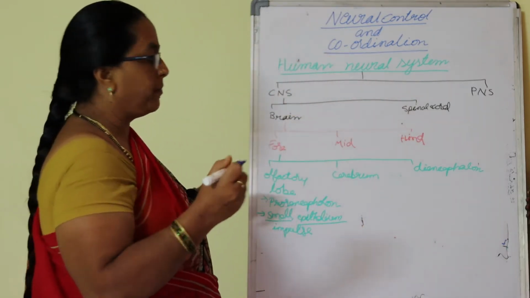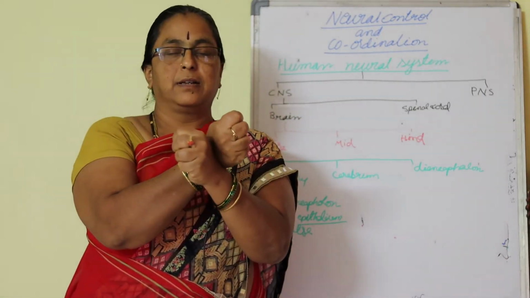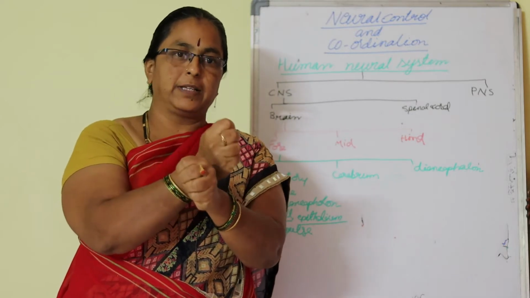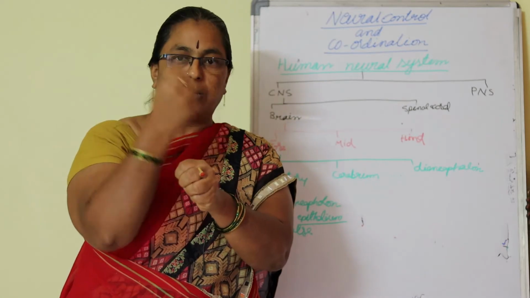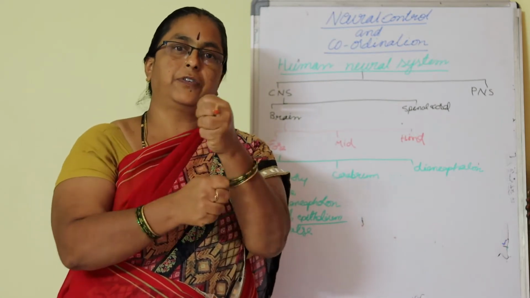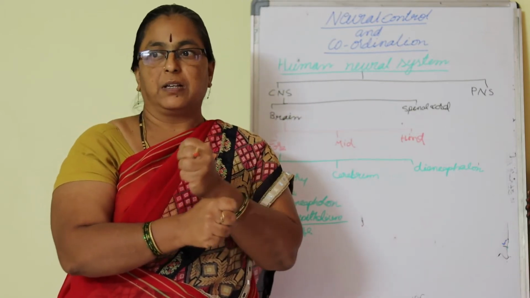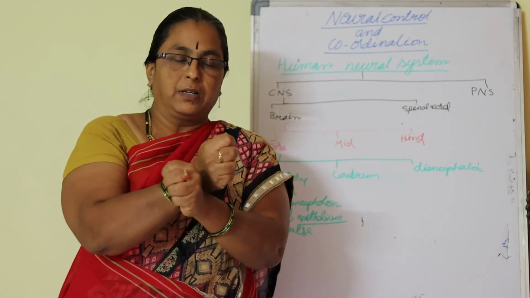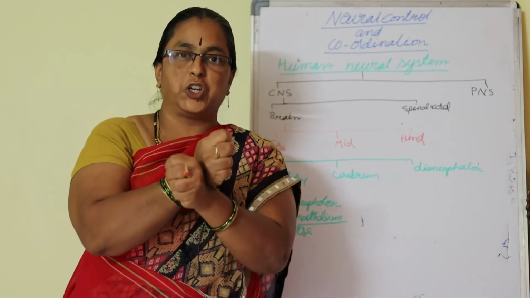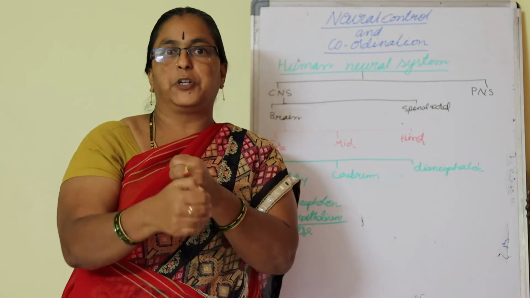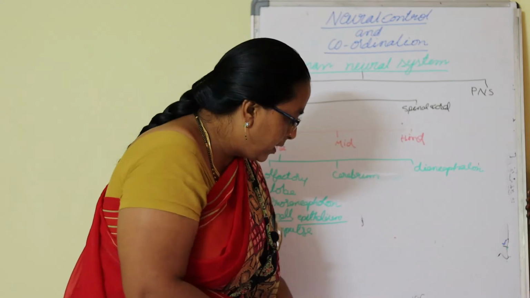Second, the cerebrum. It is divided into two lobes like this, and I am showing the right hand like this and the left hand like this. The left hemisphere controls the right side of the body and the right hemisphere controls the left side of the body. So these are two hemispheres, and between them a longitudinal commissure is present, that we call the longitudinal